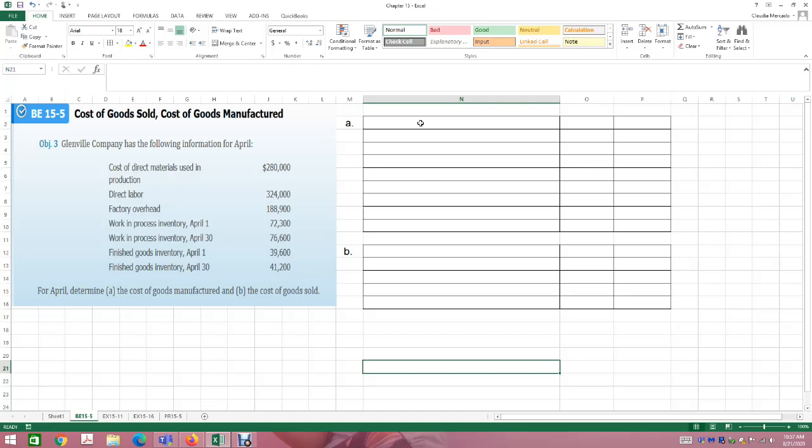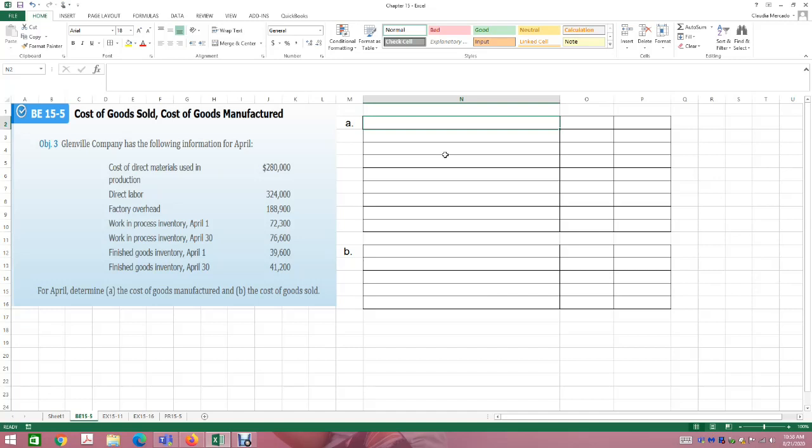So we're going to start off with our beginning work in process inventory. This is a company that's been established, and they had items in their work in process. Work in process basically means these are goods that were started, but they were not finished. So they're still in process. They still need some work to be done so they can be completed and sold. So work in process is going to be our starting point. These are the goods that were started last period, but they haven't been finished.